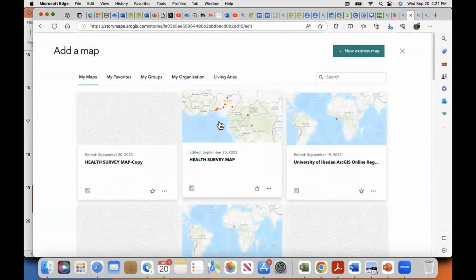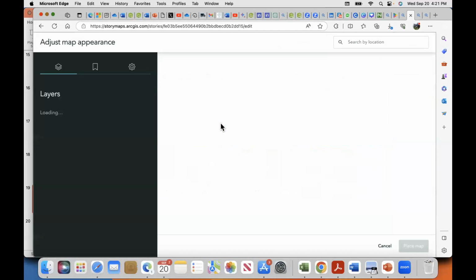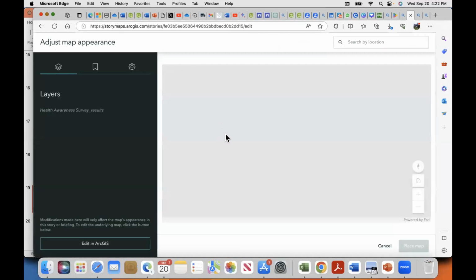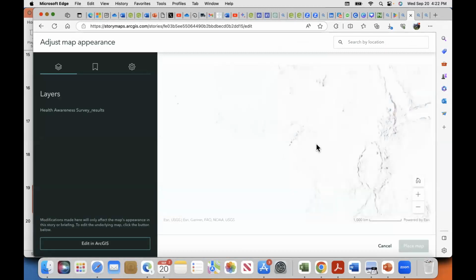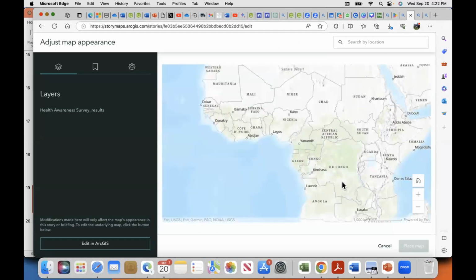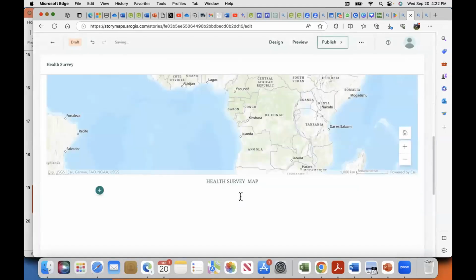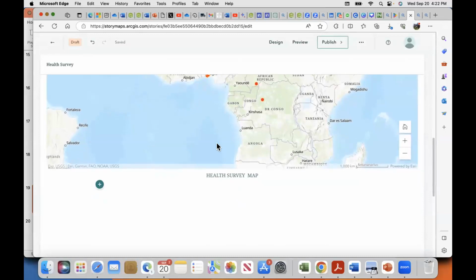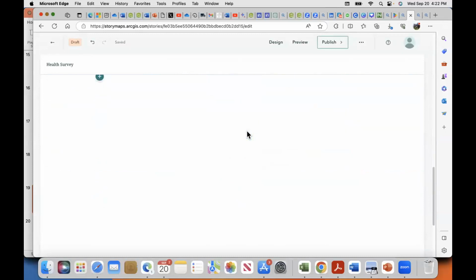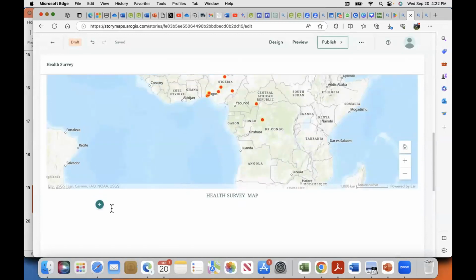This is the Earth survey map that we have. This is the map that we created and saved in the content. So this is our map. Okay, what else do we want to add?